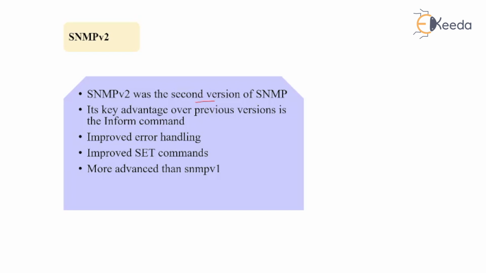It also improved the set command, and it is more advanced than that of SNMP V1. And why is it more advanced than that of SNMP V1? Because 2 extra events are generated, which are nothing but the get inform request, and second one is the get bulk request. So these are 2 different types of requests or events which are generated in SNMP V2